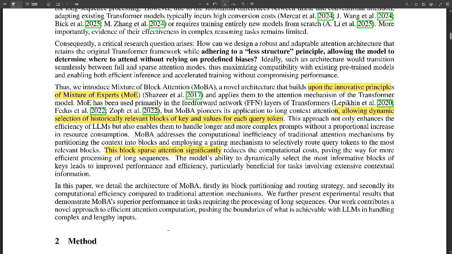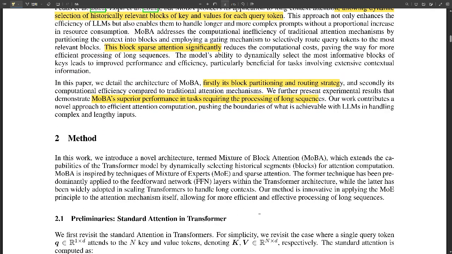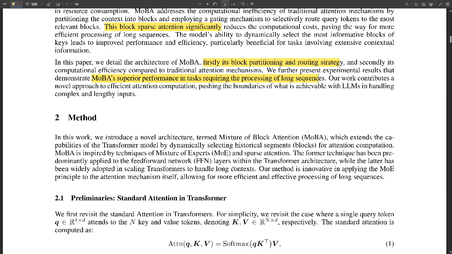But this block-based approach raises a question. Sure. Doesn't it risk sacrificing the model's ability to capture those long-range dependencies? And we're talking about those crucial connections between words. That's where MoBA's careful design comes in. It maintains causality by ensuring that a query token cannot be influenced by future tokens. So while it processes information in blocks, it still respects the sequential nature of language. Okay, so MoBA selectively attends to information while still preserving the order. Exactly.